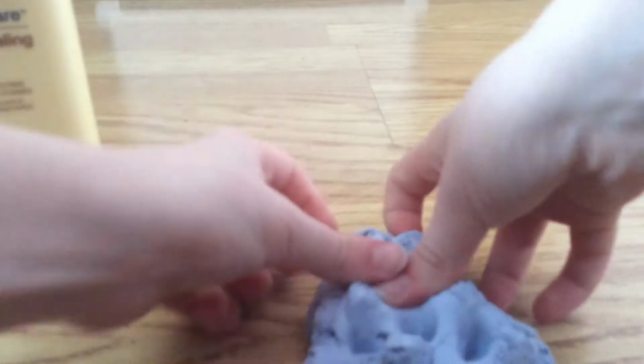And if you want it to be more stretchy, so it's like this, just add more blue tack and then add more Vaseline. So yeah,